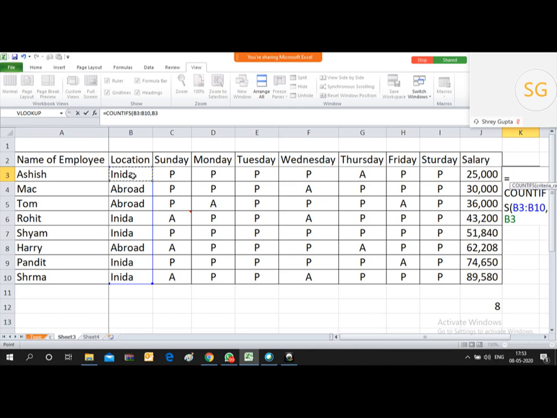So wherever this India is appearing, it will look for the next criteria in the next column. So now I need to provide the next criteria. My next criteria range is the salary column. So now again I am providing the next criteria range.